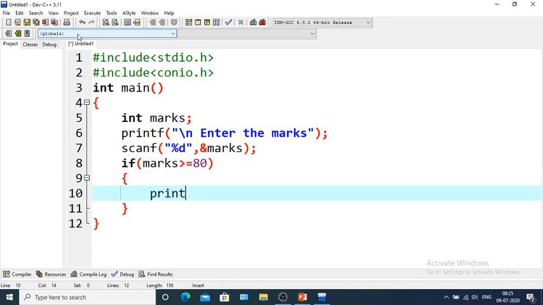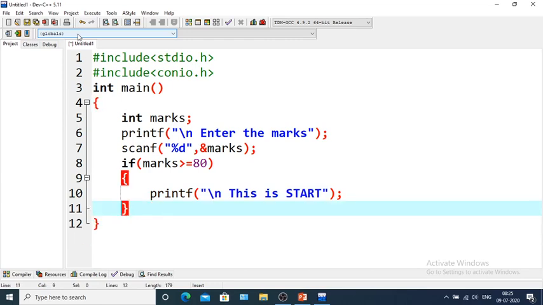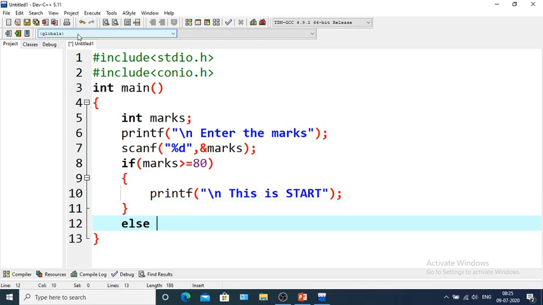printf, this is a star mark. Okay, the next condition is if the number is less than 80 but greater than 60. So we'll use the else if condition here. So else if marks is greater than or equal to 60